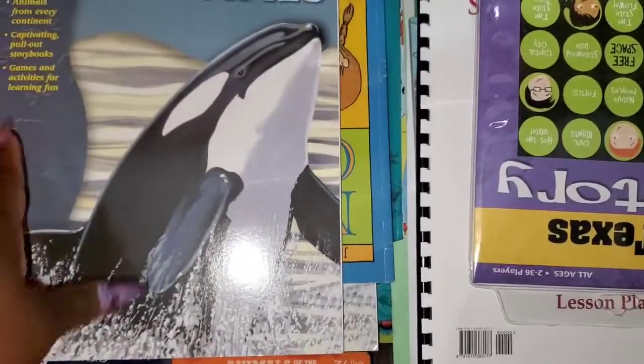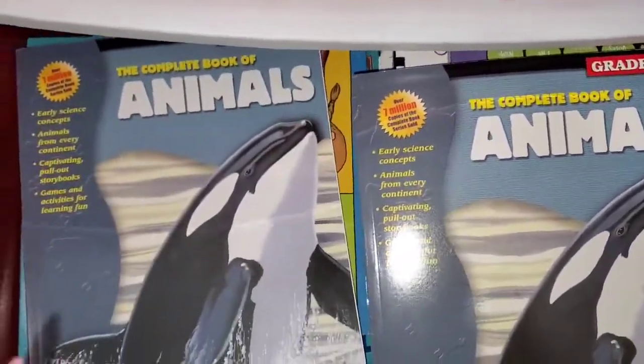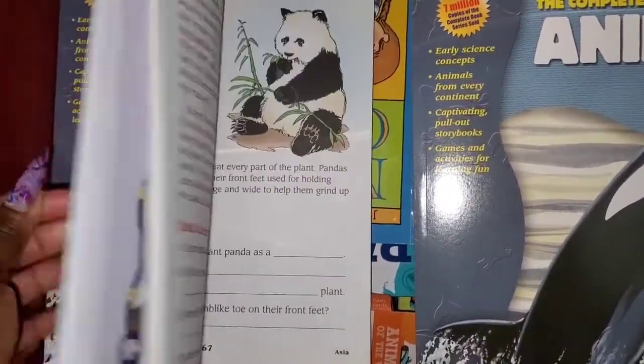Then we're going to pull these out. Okay. I got the complete book of animals, and I got one for each of my children. One of the pages has places you can write and color. So I made sure I got one for each child because I didn't want them kids sharing,